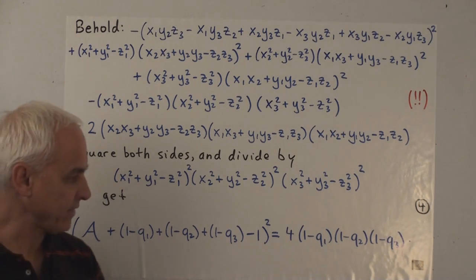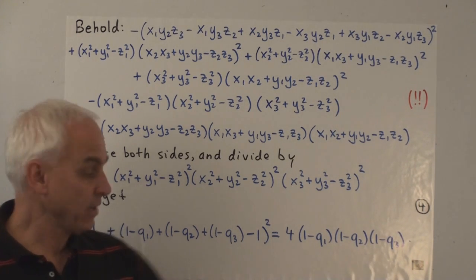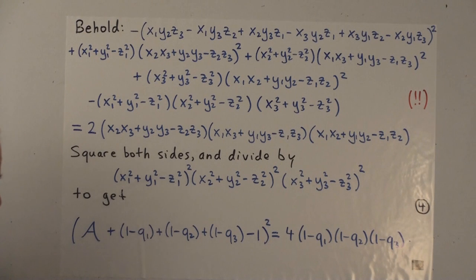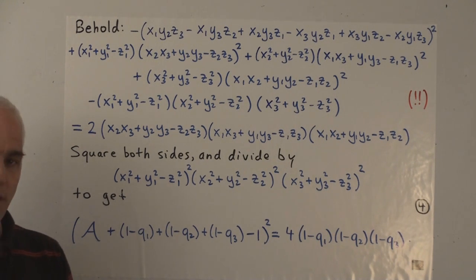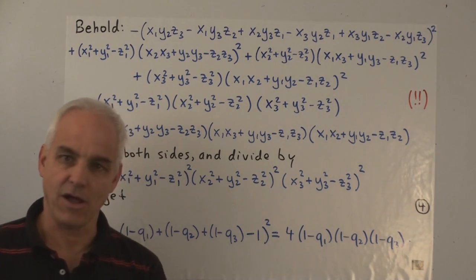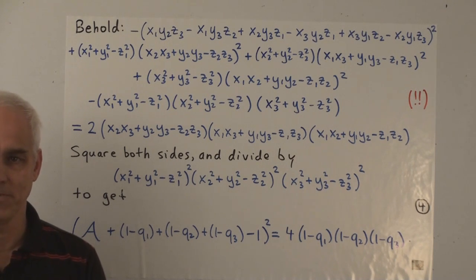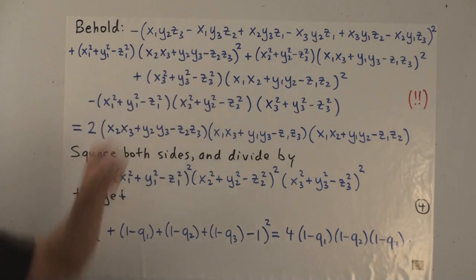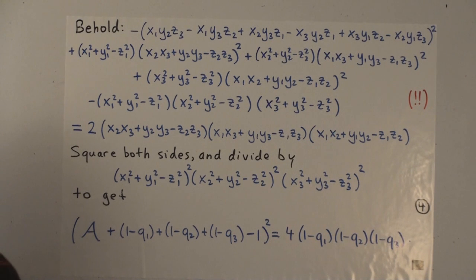And now have a look at this left-hand side. This right-hand side is exactly what we want. This left-hand side, well, there's a 1 plus a 1 plus a 1 minus 1. That's plus 2. And here we have minus q1, minus q2, minus q3. And what was a? A was q1 times q2 times q3. So this is exactly the cross law, and we've proven it. It's a consequence of this identity together with a previous formula for the quadrea.